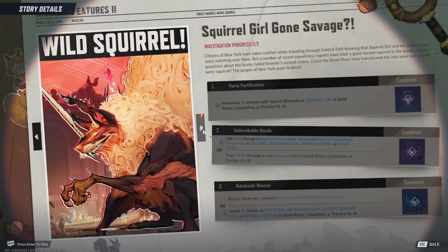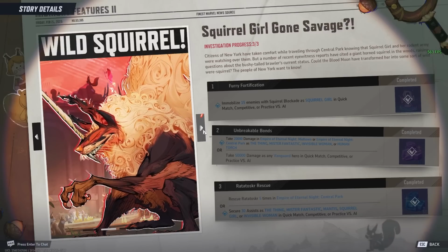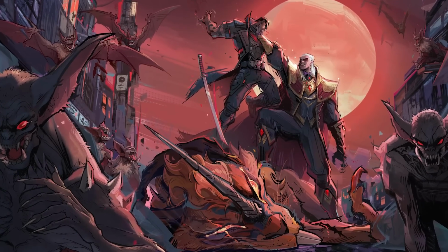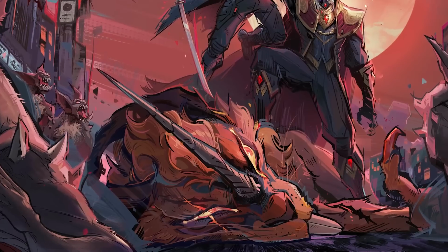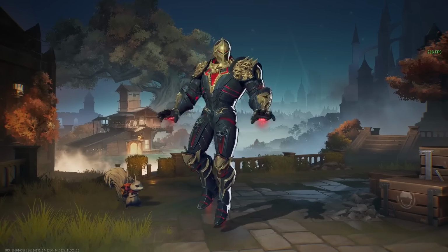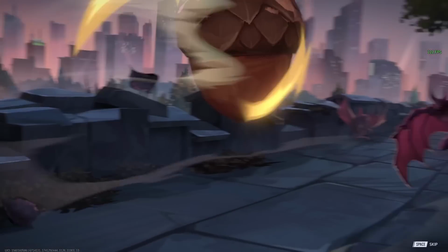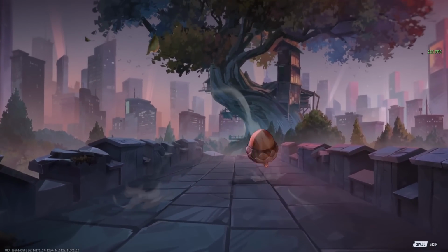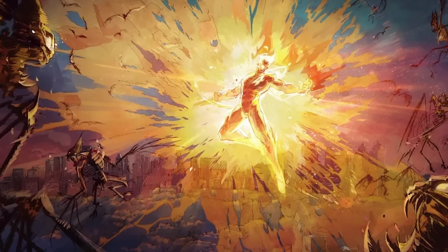Now, this article not only finally gives us a really cool and clear image of Ratatoskr himself, but also starts to fill in some of the information on how the heroes are beginning to move forward. You see, we've discussed how Ratatoskr was captured and being held in Dracula's castle within Central Park, but alongside the arrival of the new Central Park map, we actually get to see Squirrel Girl's base of operations, her treehouse, and interestingly enough, it's placed right at the entrance of the only path the heroes can take to get into the castle. We learn more about their plans in the Star Turn gallery card from this season, which reads,